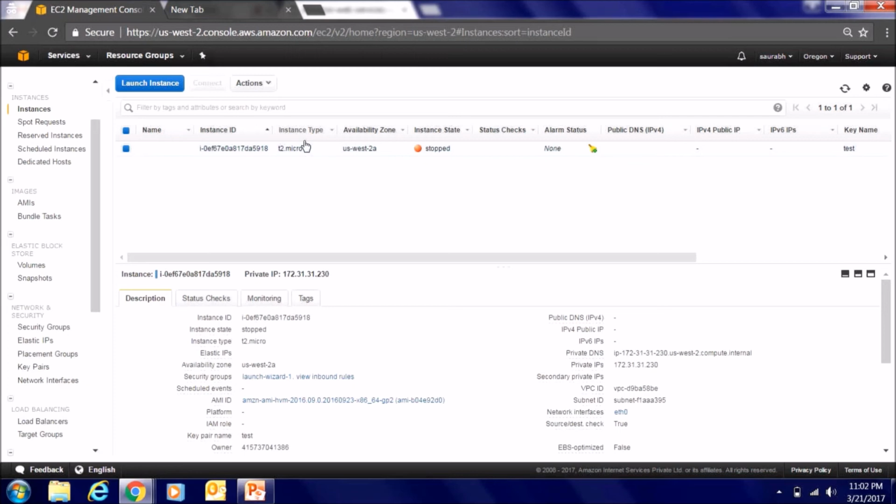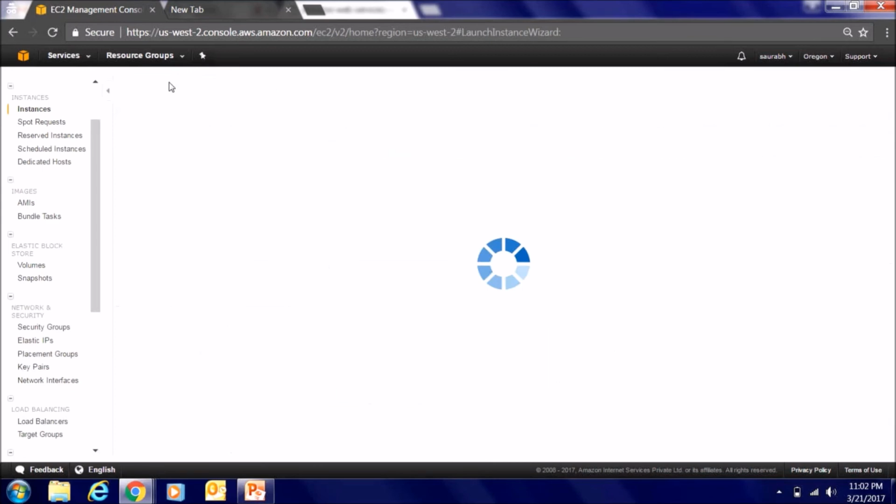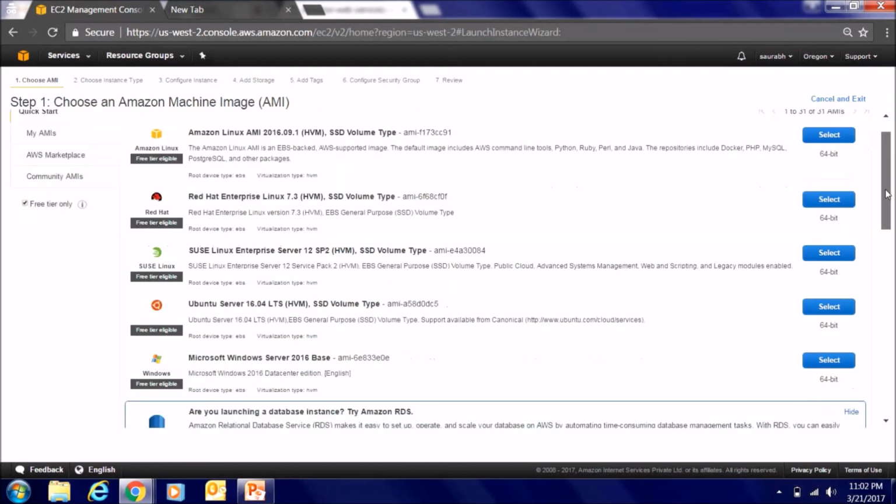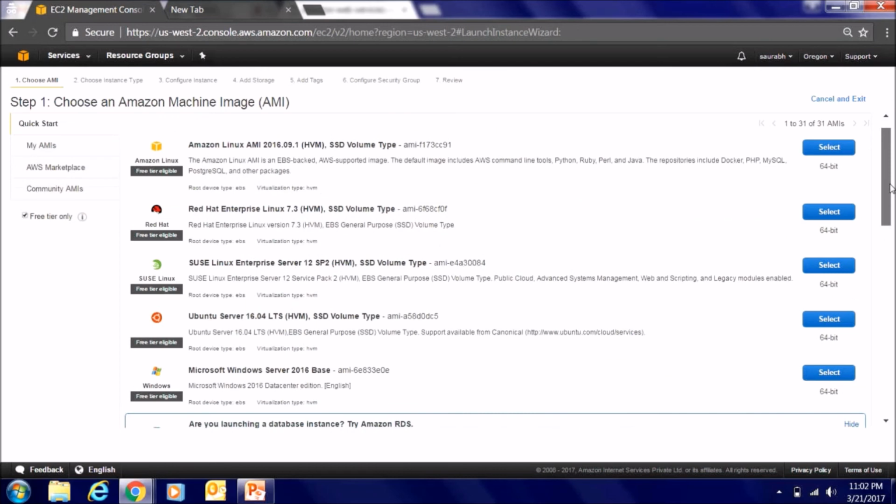I'll just show you how to launch an instance. We will not launch it exactly. Now when I click on launch, it gives me various options. Because we are not doing an actual project here, I recommend that we click this checkbox which says free tier only, so that it shows me only the available options which offer a free version of the software or of the system.